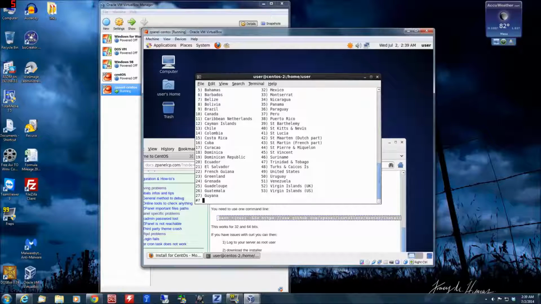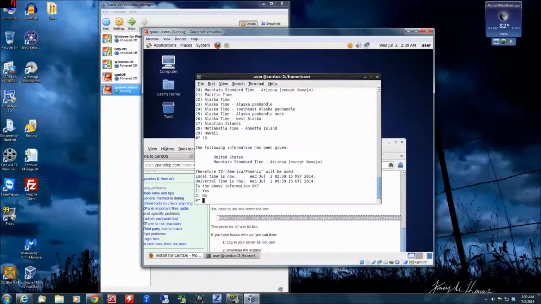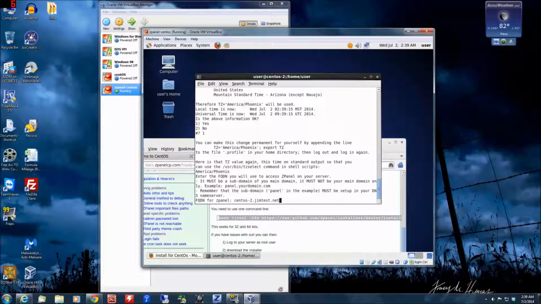We're in the Americas. And United States. And this is where I am. Say yes. And that's fine. And this is the fully qualified domain name. Now, this is going to have to be, if this is a public-facing server, which it probably won't be,